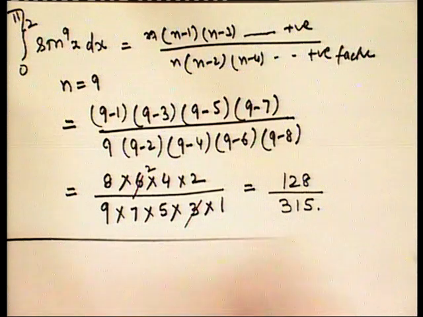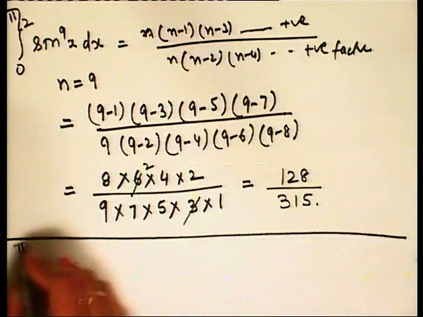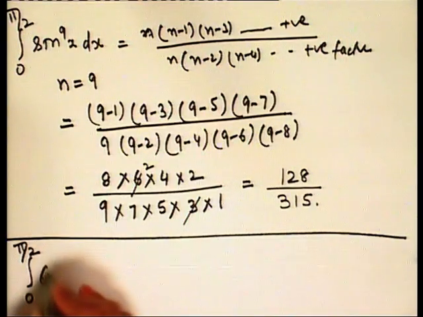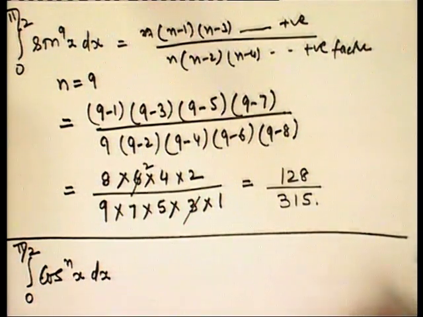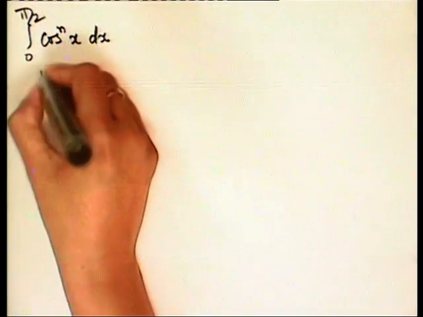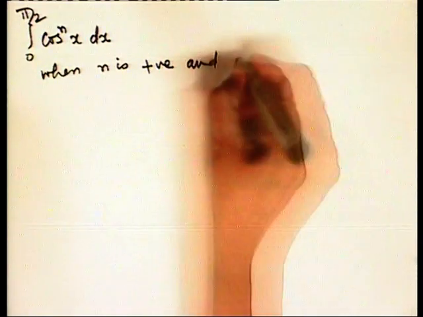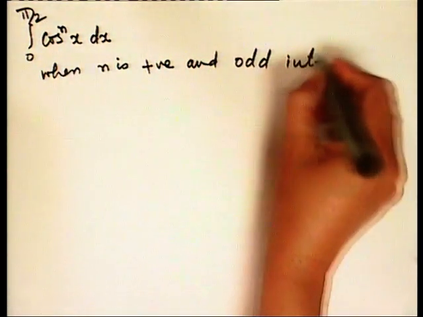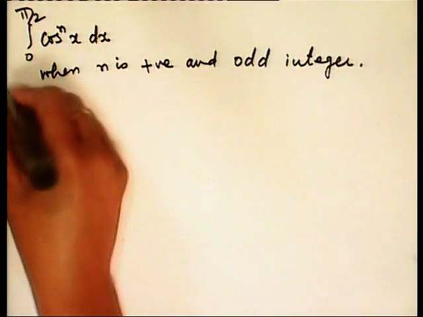Now the second formula for integration when the limit is 0 to pi by 2, cos nx dx. Case 1, when n is a positive and odd integer, then the formula will be equal to